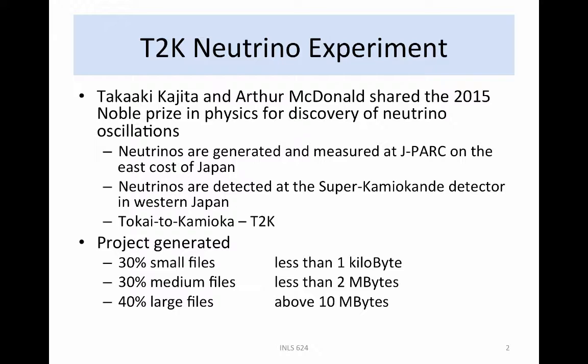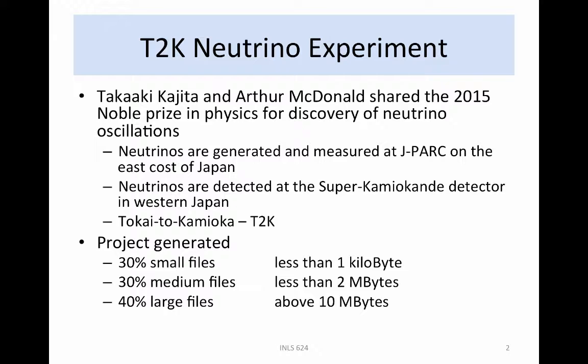The experiment required the management of data from distributed sources as well as the analysis by a distributed team of researchers. The neutrinos were generated at J-PARC on the east coast of Japan in Tokai, and their properties were measured. The neutrinos moved through the central mountains of Japan and were measured again at the Super-Kamiokande detector in Kamioka,